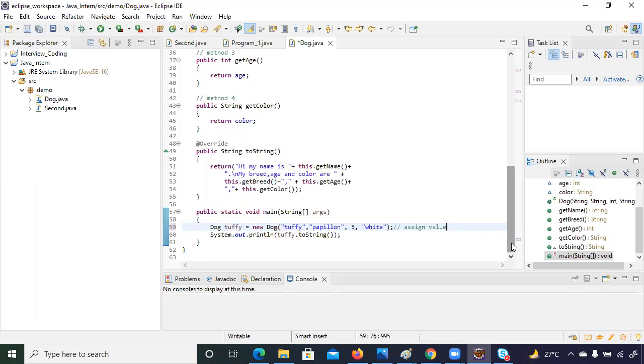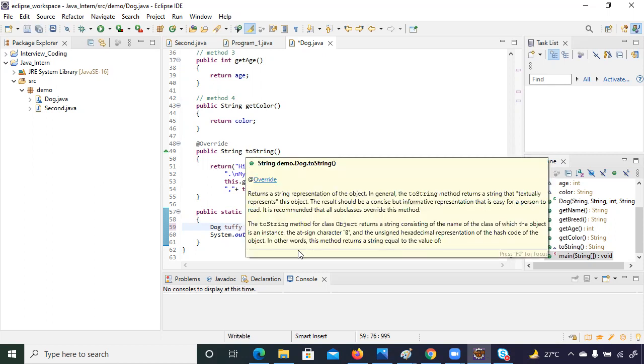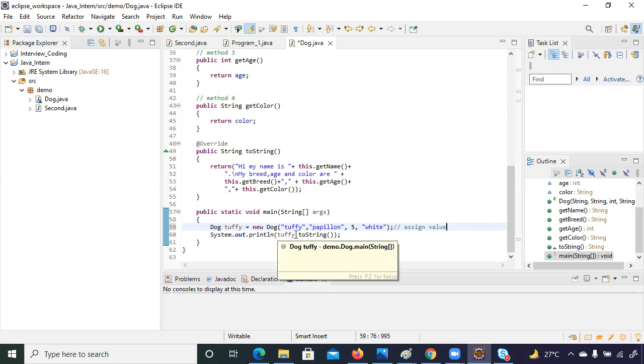But what if you want to print those values? You have to create one function, and once you create a function, you have to call the function, right? It is something like going to the ATM machine: you enter a card, you have to select the option: cash withdrawal, mini statement, change pin, change mobile number, right? When you press any button, internally a function call happens, and some operation is performed. The same thing happens here when you call this function Tuffy.toString.